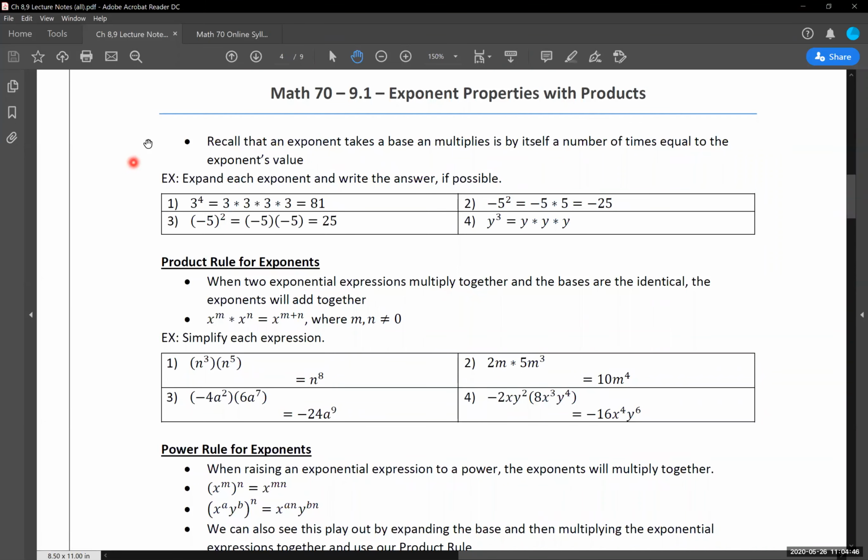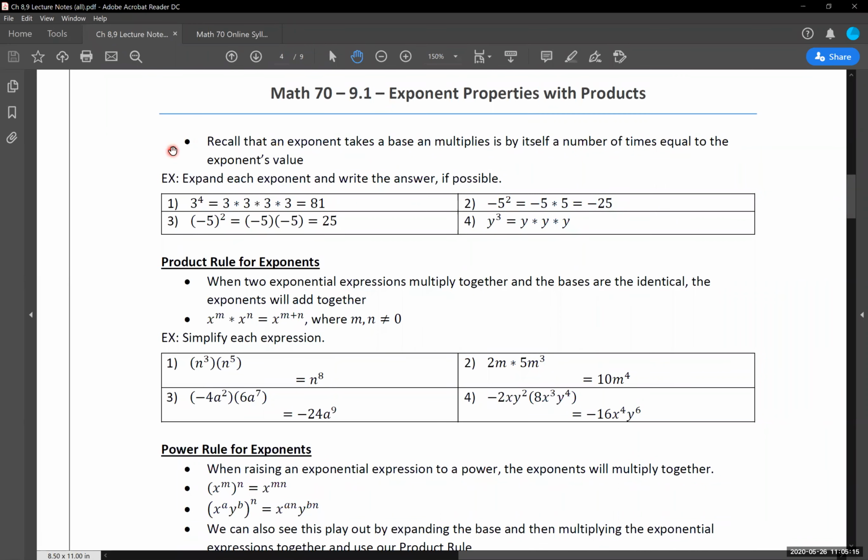All right, so today we're covering the 9.1 material. We're going to get into 9.2 shortly after it as best we possibly can. But we're working with exponent properties with products. Essentially, just think of these as exponent properties with any and all kinds of exponents that we're going to be working with. Now I'm going to go through a few examples primarily with this first section because there are some very subtle points with exponents that absolutely need to be clarified before we move forward with them.